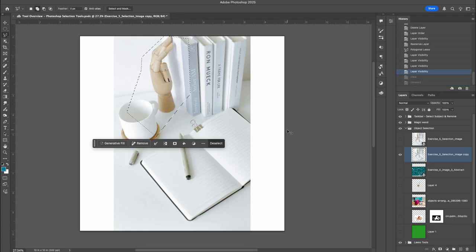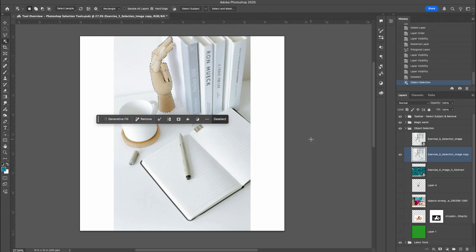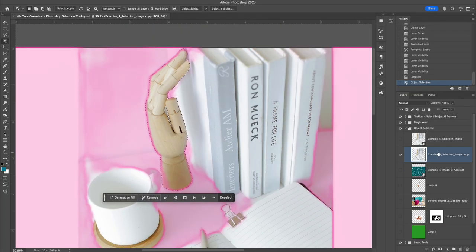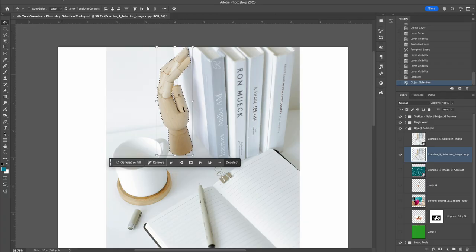So what I'll do here, deselect, we'll use our object selection tool in the rasterized layer. I can hover over any of these objects, and Photoshop's going to do a pretty good job, hopefully, of recognizing what objects are in an image and making the selection in a really automated way. And so here I've just selected this hand. Since this is a rasterized layer, now if I want to do an example of a destructive edit,